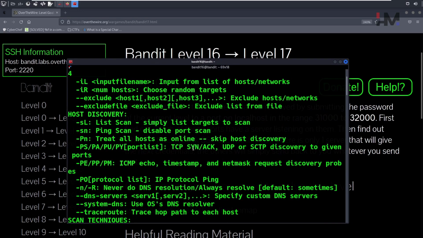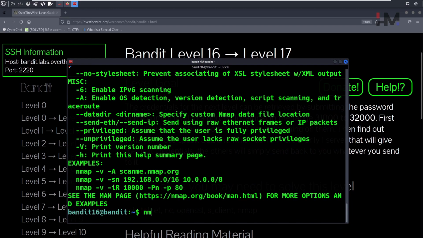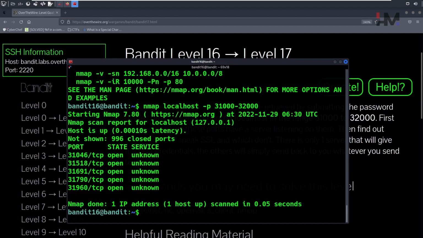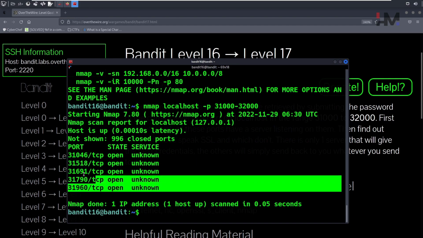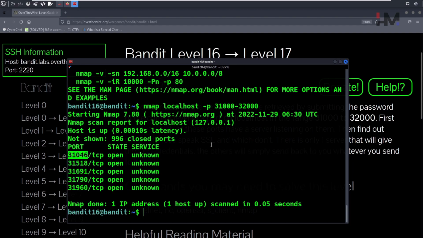So there is a basic scan. Let's go with the basic scan: nmap, and then localhost. We are searching on localhost, and there is a port number we want to mention. -p stands for which port you are specifying. They have given a port range of 31,000 to 32,000. If you press enter, it's going to immediately give these ports as open ports. There is a port that is listening, which also